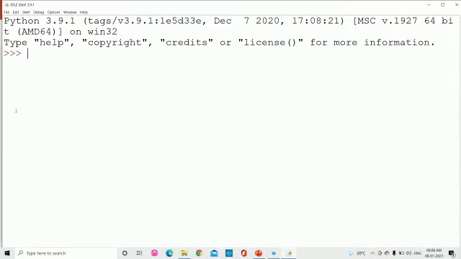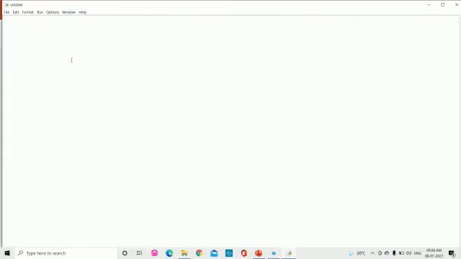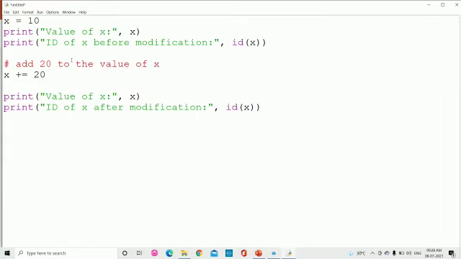Let me go for a new file and paste whatever was copied. See here, the variable x is there. I have not defined it as an integer, string or anything; it understands by itself. This is the difference between other languages and Python.